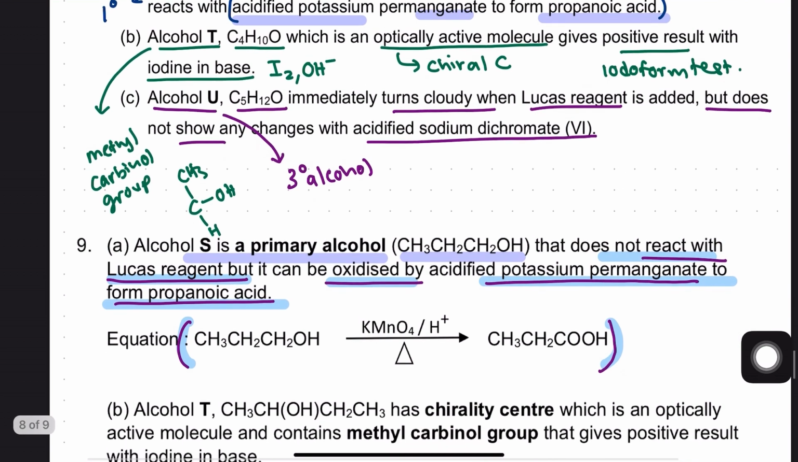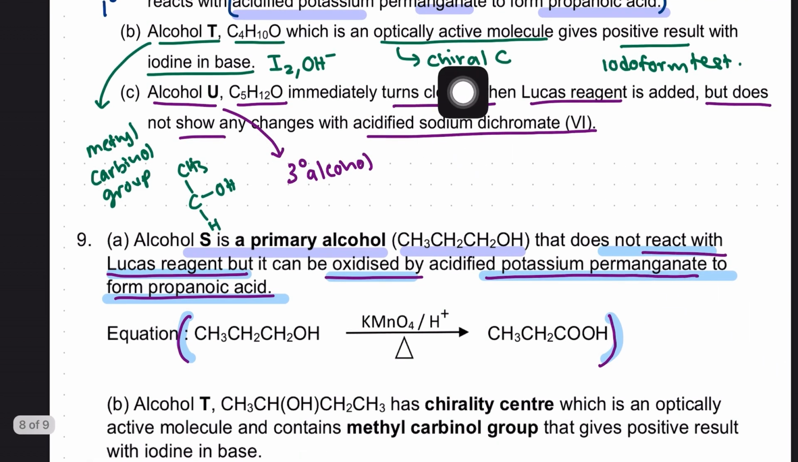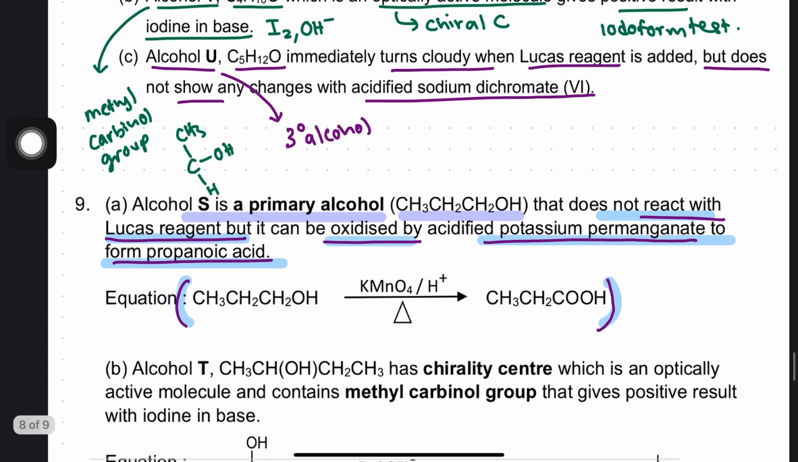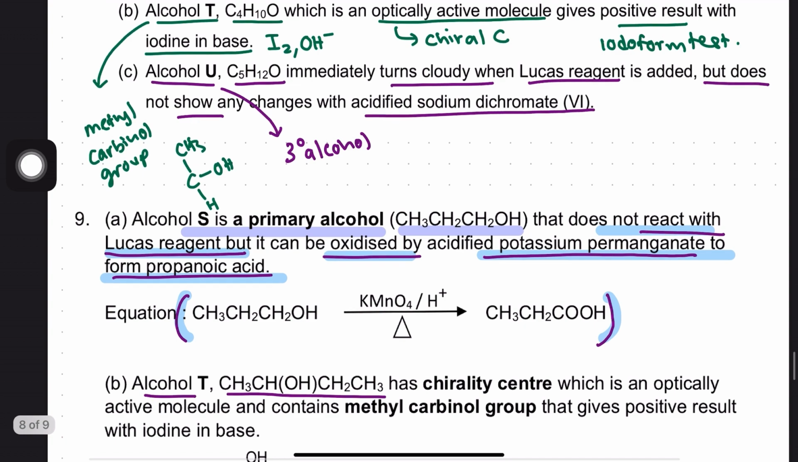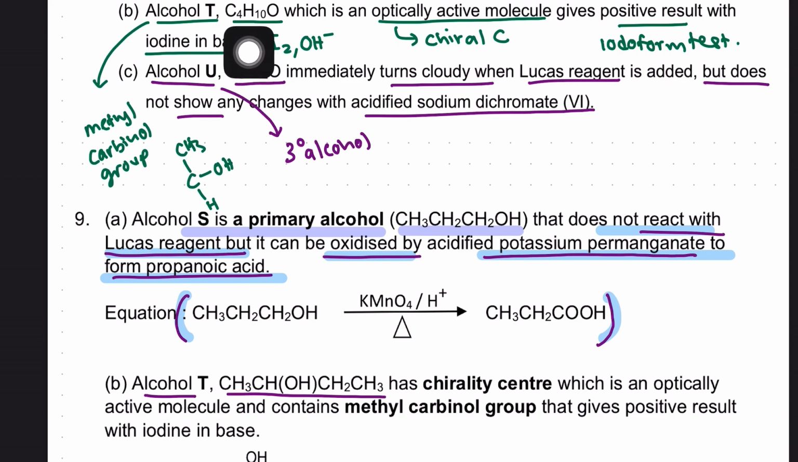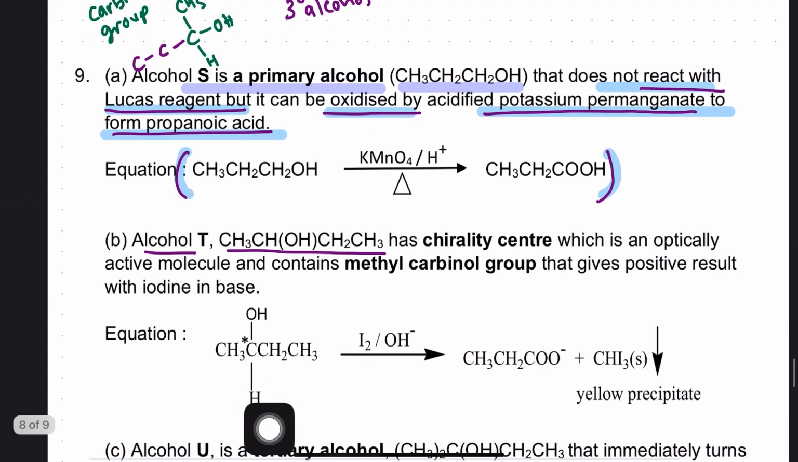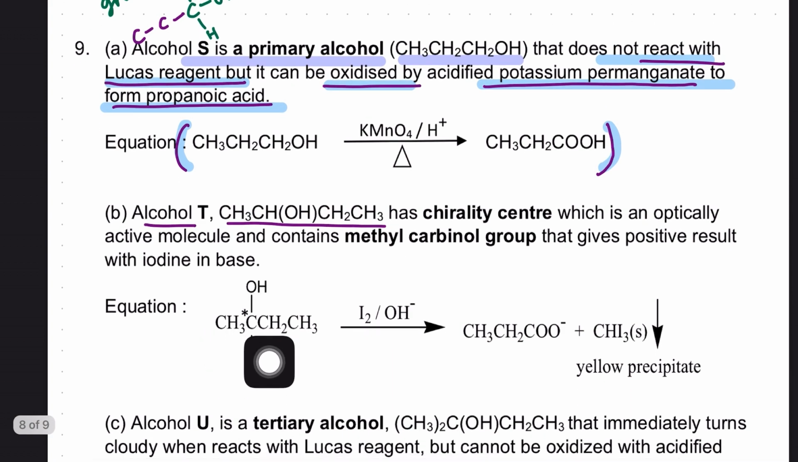Now, what about alcohol T? We know it has got a chiral carbon and it gives a positive result for the iodoform test. So alcohol T, again, this would be the structure of it. As I told you, we already predicted alcohol T would have an OH, a CH3, and an H, right? Since it has got 4 carbons, we need to insert 2 more carbons in front. So that would give us a structure that looks like this. So CH3, OH, H,